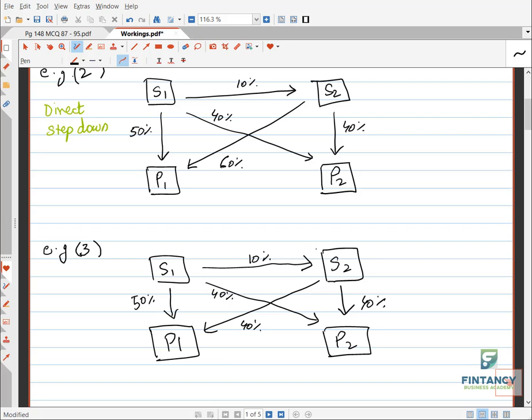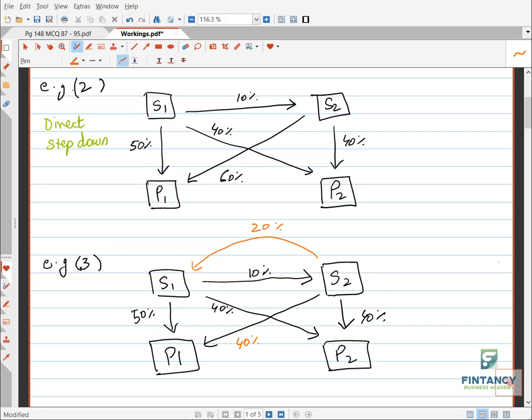So where is the remaining 20? The remaining 20, this is the new thing. Let me create this with another color so you remember. Okay, let's take this one. So 40%, see, instead of 60, I wrote 40. And what is the new change here? This line. And the remaining 20 is coming here. Got the difference between this 2 and 3? Okay. What is the new thing? The new thing is that S2 is also giving some services back to S1.